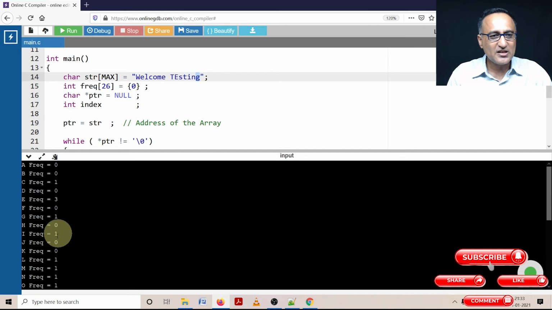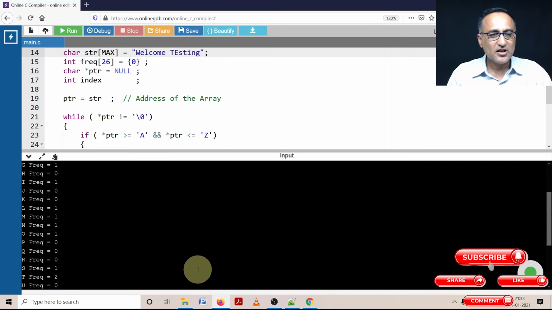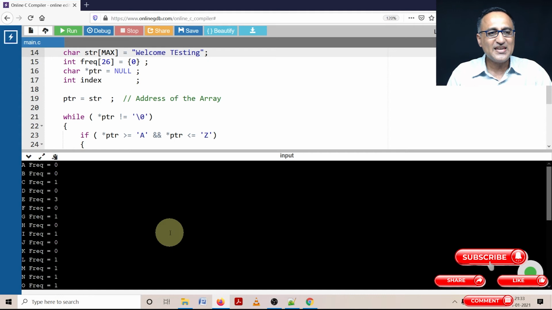There is 1 G, so it has shown frequency as 1. There is no J, no K, but there's one L, this frequency 1. There's one M, one N, one O, and two T's, because this T and this T. So now you can understand that this particular program is calculating the frequency correctly.